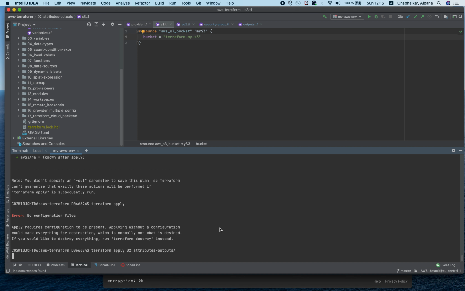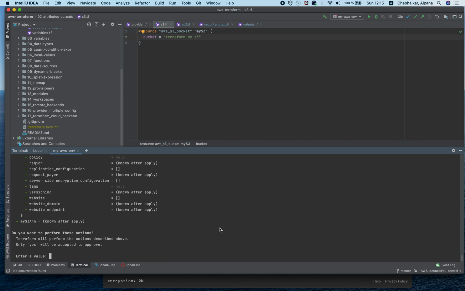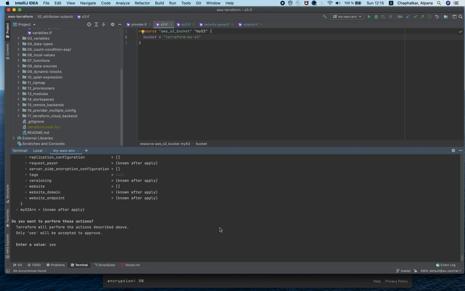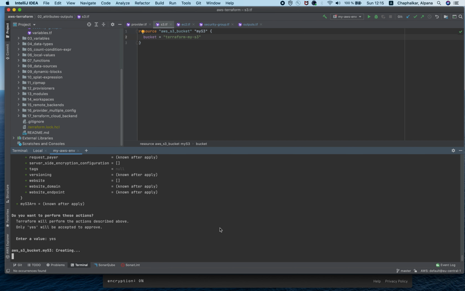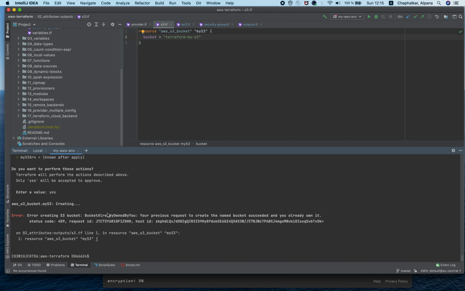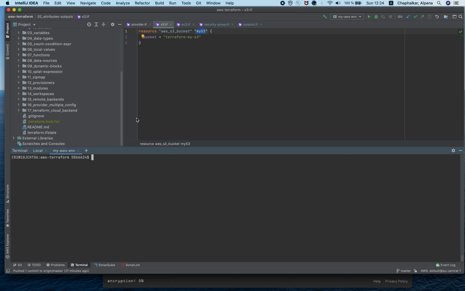Yes, it will throw the error because the bucket already exists. Since the state file has been deleted, Terraform doesn't recognize the S3 bucket.